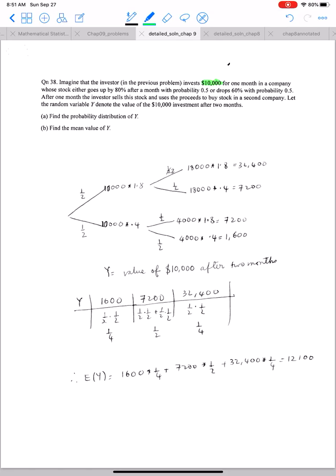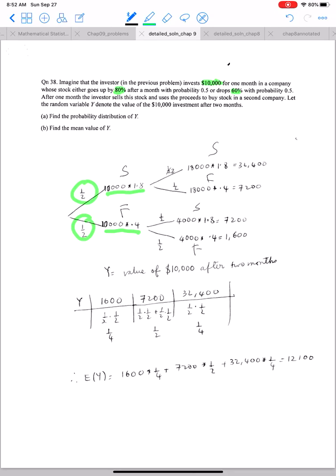We start with $10,000 and it either goes up by 80%. If it goes up by 80%, then this is what happens. And if it drops by 60%, then this is what we have. And with the corresponding probabilities 1/2, 1/2. Now, if I call this success and failure, then I have success, failure, then success, failure, then success